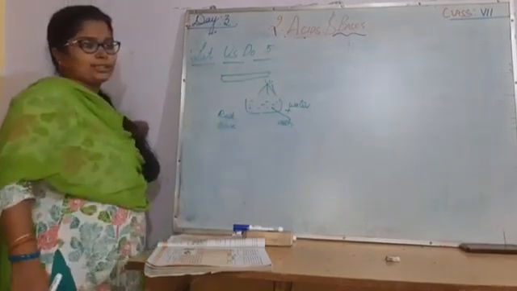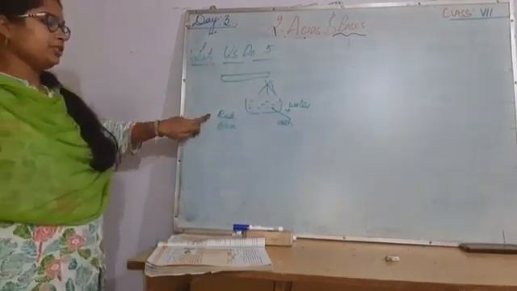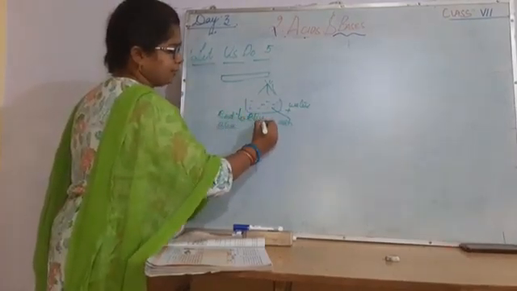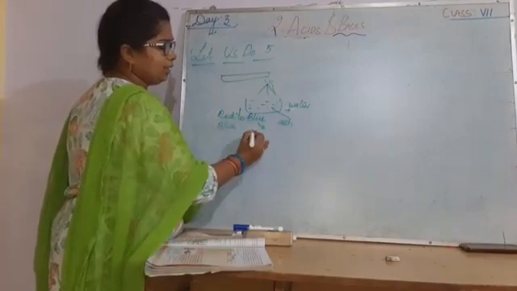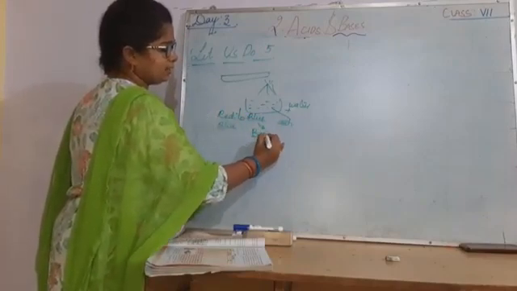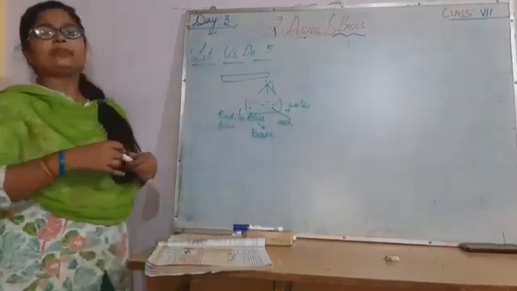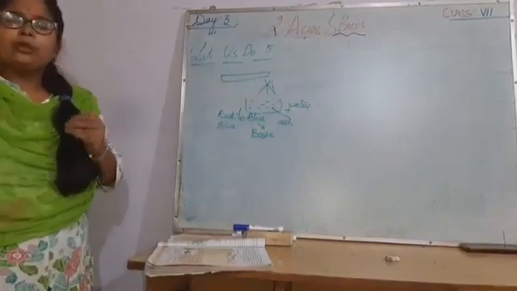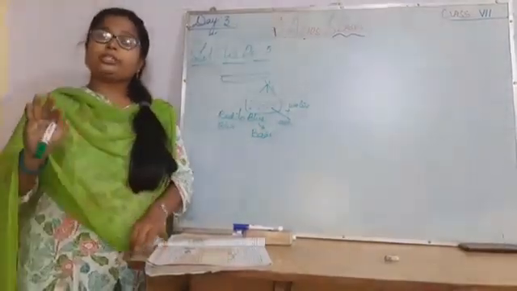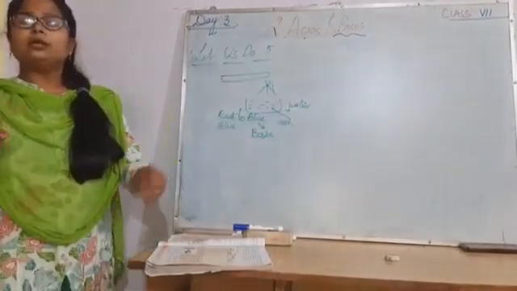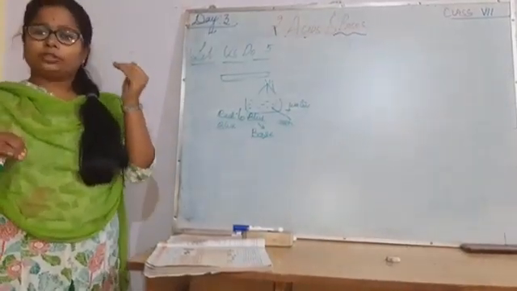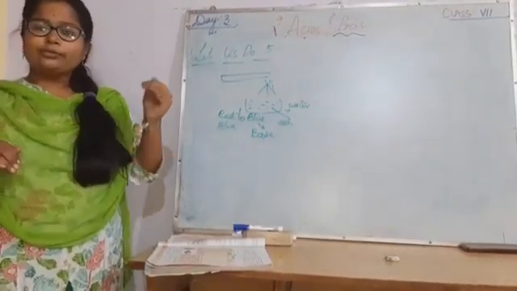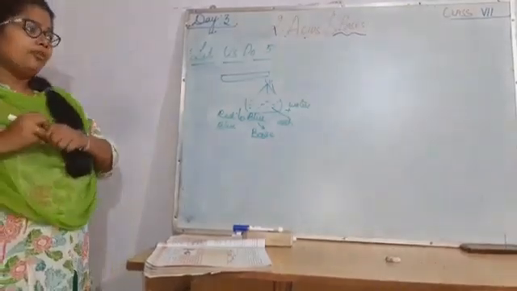What color does it change? It always changes red litmus paper to blue. If it changes red litmus paper to blue, it is said to be what? Base. It is said to be base. So magnesium ribbon, or anything which is burnt in the air, combines with oxygen. You know, oxygen is needed for burning. So it forms its oxides. When it reacts with oxygen in the air, it forms oxides.